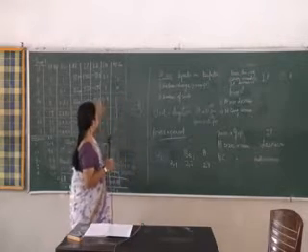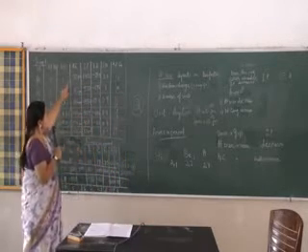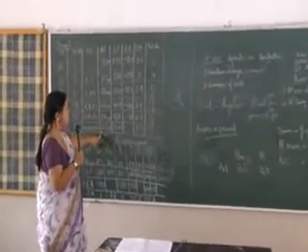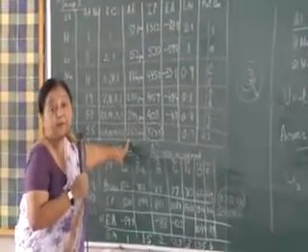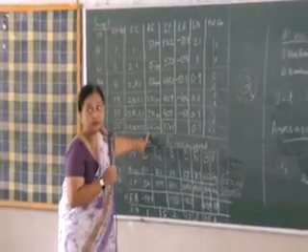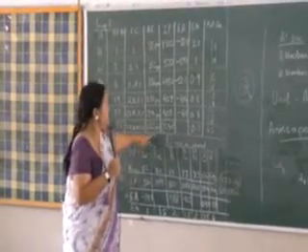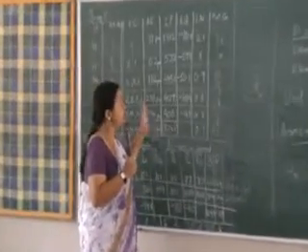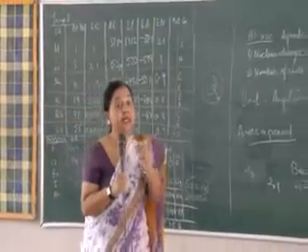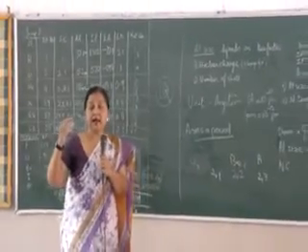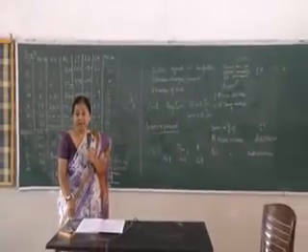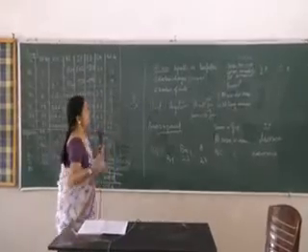Down a group, the size is increasing. See, 37, 152, 186, 231, 244, 262. So which is the biggest atom? Cesium. Cesium is the biggest atom, the largest atom over here. So this is the trend of atomic size. Now what happens when it forms a cation? You know that when an atom loses an electron, it becomes a cation. The size of the ions we will do.